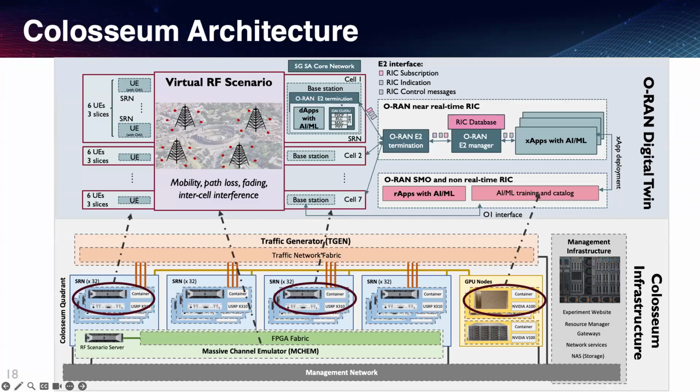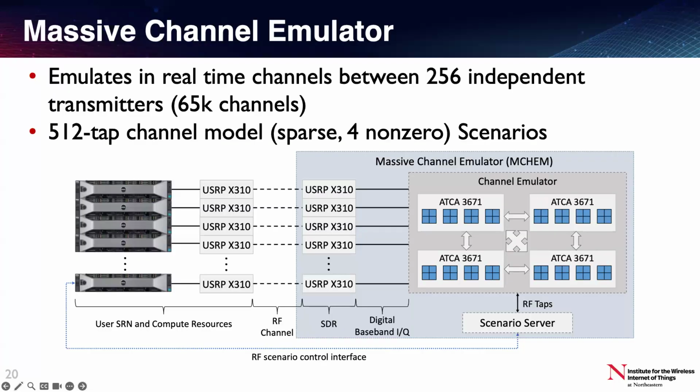I mentioned that I'm actually emulating the channel, but what does this mean? The fact that I'm able to emulate the channel means two things. The first thing is that I don't have a real over-the-air channel, and this might be good or bad based on what I want to do. So I don't necessarily have the same accuracy I would have on a real channel. But the pro is that